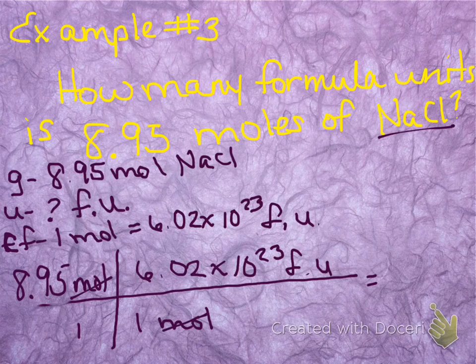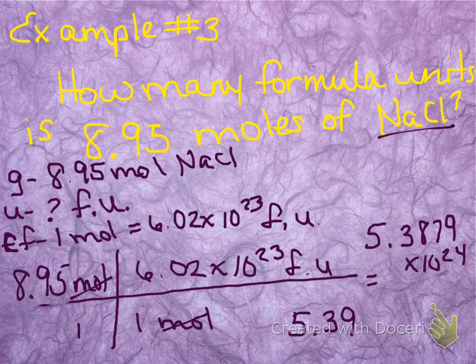Moles cancels out. So if we plug this into our calculator, 8.95 times 6.02 times 10 to the 23rd, my calculator says 5.3879 times 10 to the 24th. So again, 3 sig figs, so I'm going to round this to 5.39 times 10 to the 24th formula units of